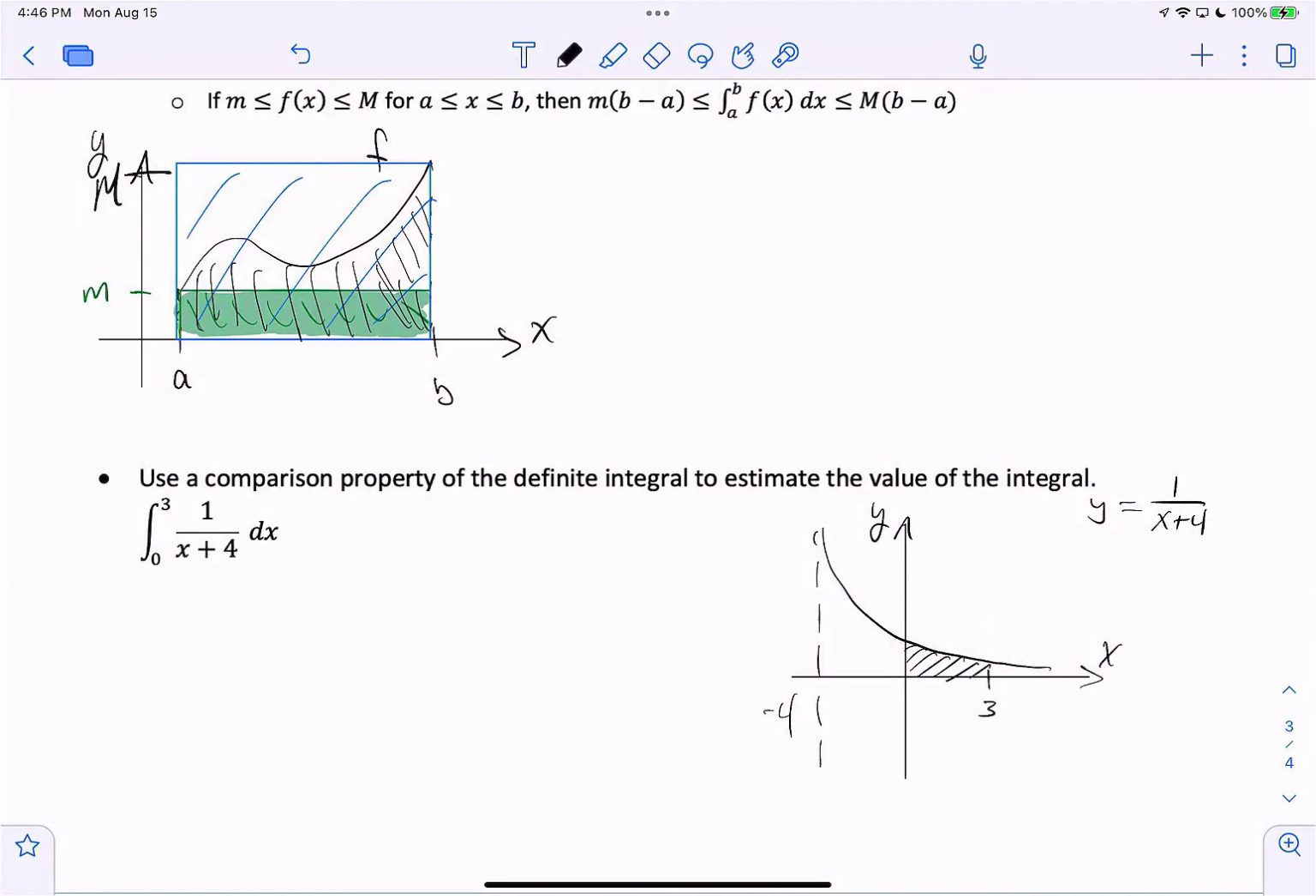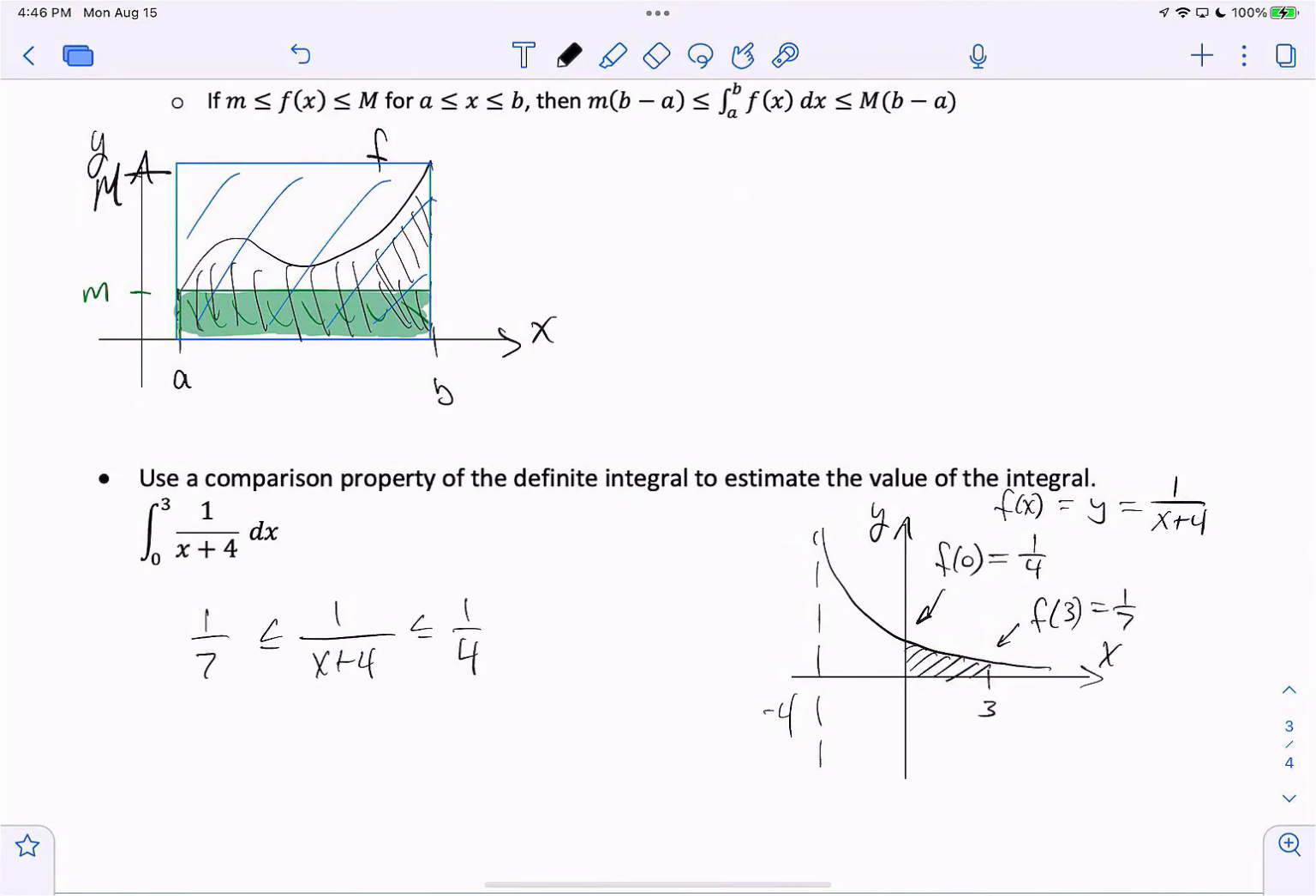And let's look at the left endpoint function value. F of 0, we'll call this f of x, right? F of 0 is equal to 1/4, and f of 3 is equal to 1/7. Therefore, what we can say is on the interval from 0 to 3, 1 over x plus 4 is between 1/7 and 1/4. If you weren't sure, we're going to use this comparison property that says that if a function